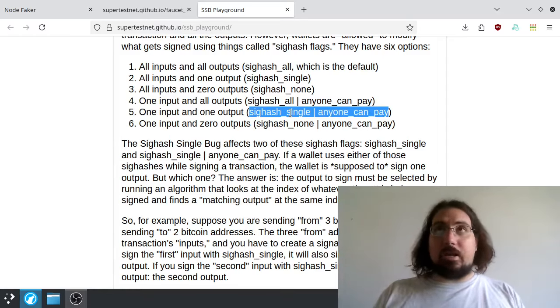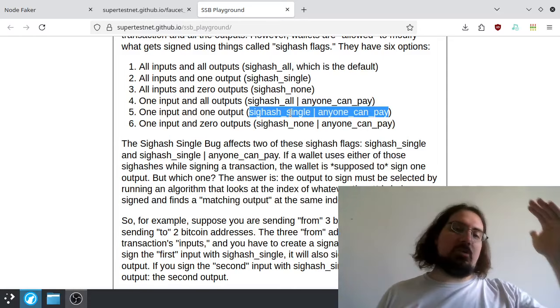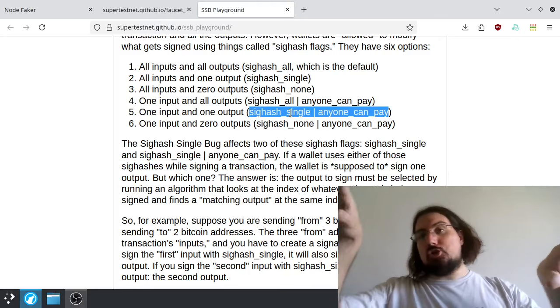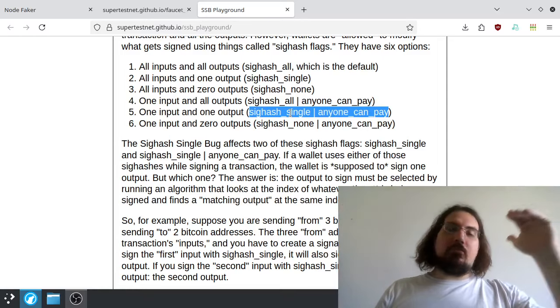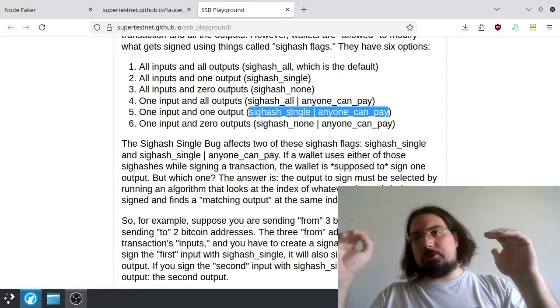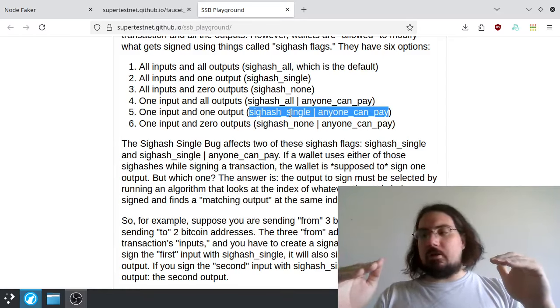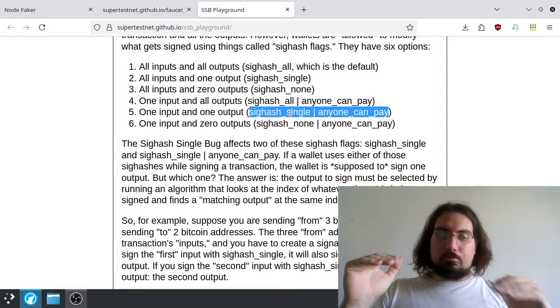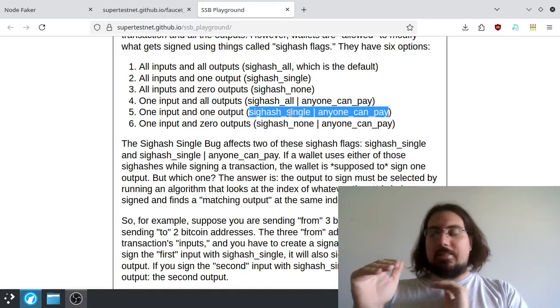What does that mean, have an output at the same index level? Well, let's say you have 3 Bitcoin addresses that you're sending from, and you're sending to two Bitcoin addresses. They kind of match up. The first Bitcoin address that you're sending from matches up with the first Bitcoin address you're sending to. The second one down here matches up with the second one down here. But the third Bitcoin address you're sending from doesn't have any match over here, and that's when the bug is